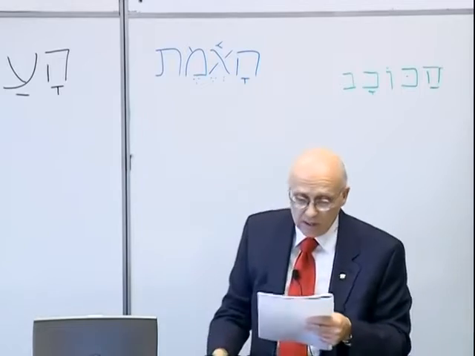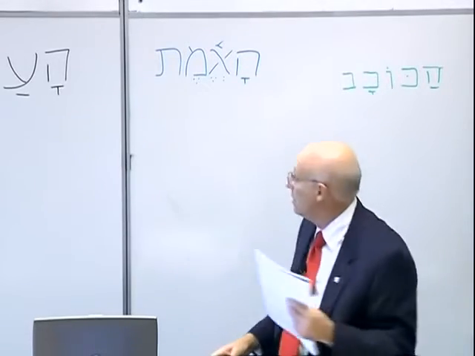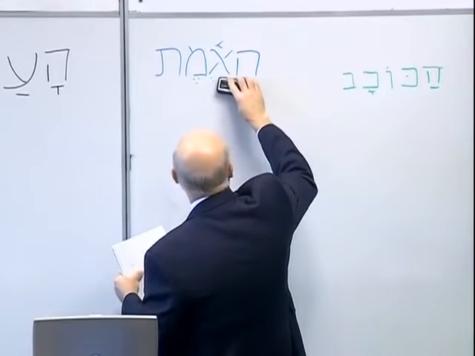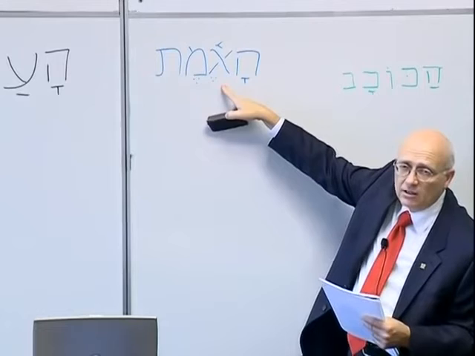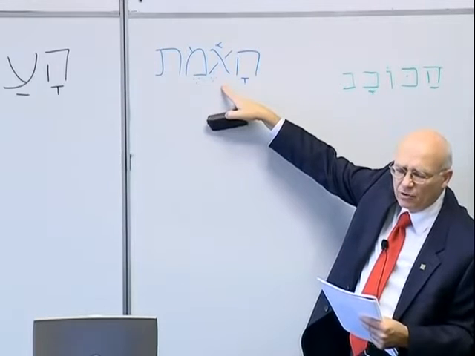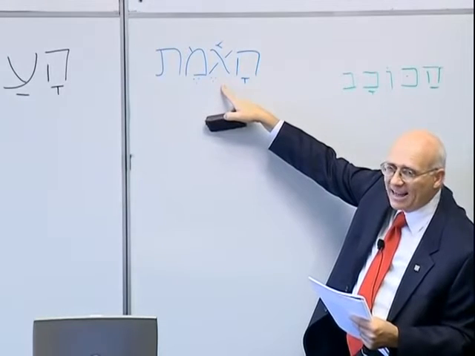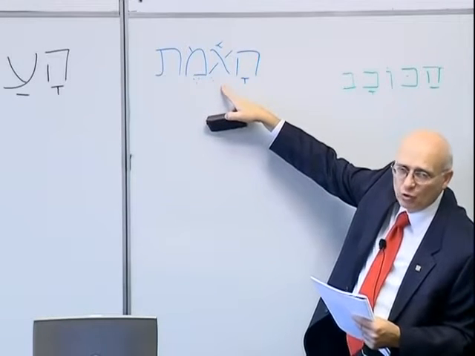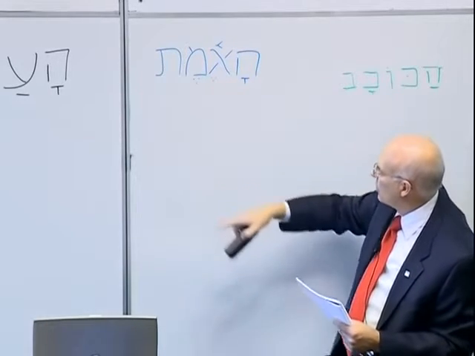And by the way, there is an error in the printing of the text there, the study sheet. There should not be a segol, should not be a schwa there next to it. So change that. Just put an X through that schwa. You can't accent a vocal schwa, number one. That's your first clue. All right? It should be a regular segol.